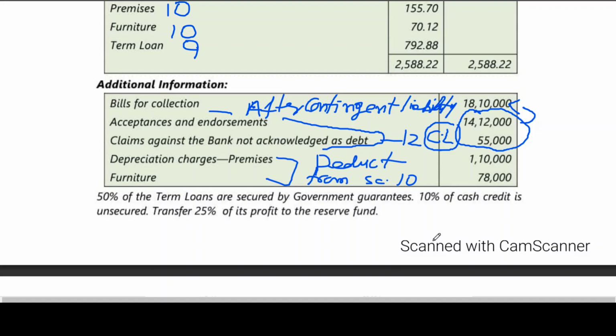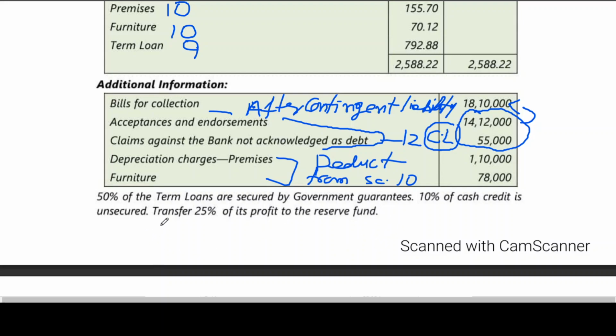Even it is not mentioned that you have to calculate cash reserve ratio and statutory liquid ratio. So that we will be learning in this particular problem. But in other problems, cash reserve and statutory liquid ratio are missing. But you can write a note if you are doing a final account that 4% cash reserve is to be provided and 19% statutory liquid ratio, SLR, is to be provided on liquid assets. These two things you should remember.